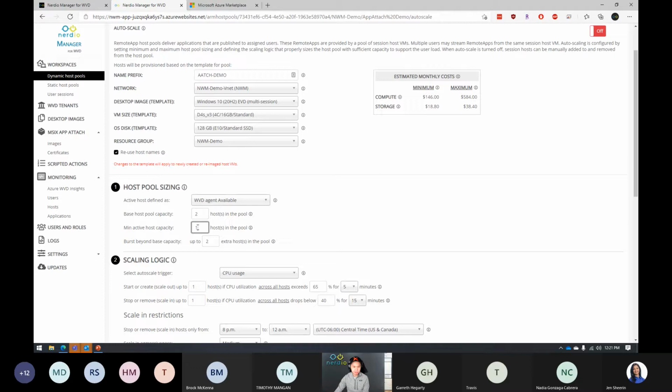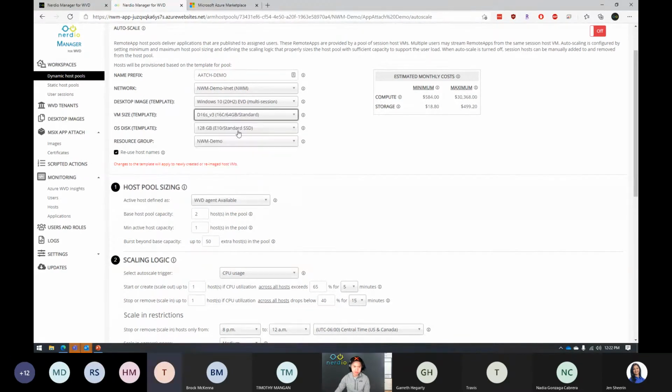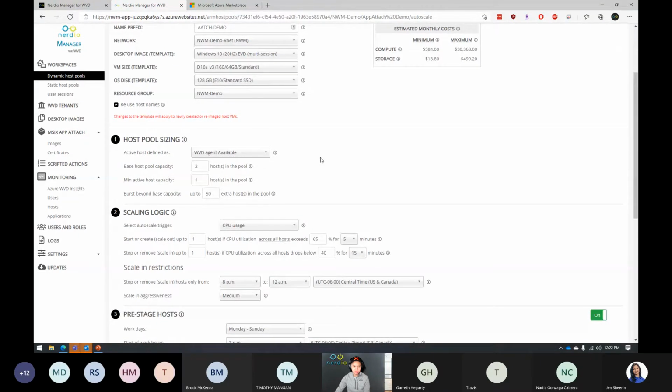We ask you how many machines you want in that pool on 24/7, and how many machines you want in that pool at a maximum size. So let's say we do 50 maximum size of that pool, and the minimum is 1. And each session host we're deploying, we're going to use a D16 SV3 machine, for example, right? So what triggers the machine to add another session host to increase the capacity? You can select a couple of different algorithms, but we have CPU usage. So it says add 1 session host to the pool, right, from the golden image,